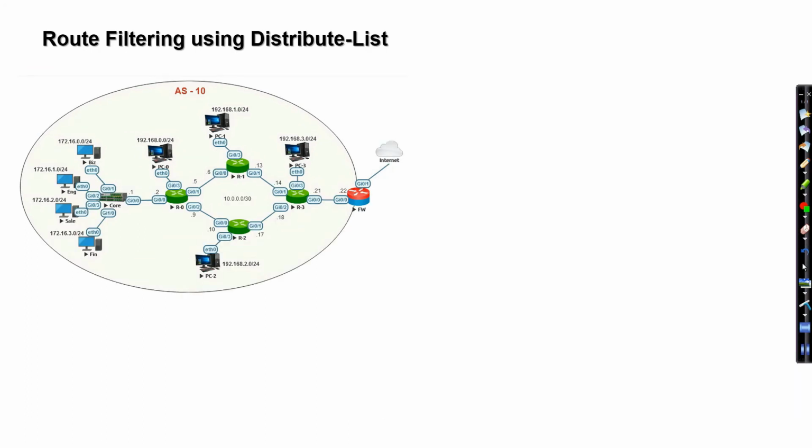Next objective in this video is route filtering using distribute list. Using the distribute list command, we can filter which routes to advertise or receive and apply it globally, which is all neighbors, or to a specific neighbor. There are two steps to this. First, create an ACL to permit or deny the specific route you want to filter. Second, under EIGRP configuration, use the command